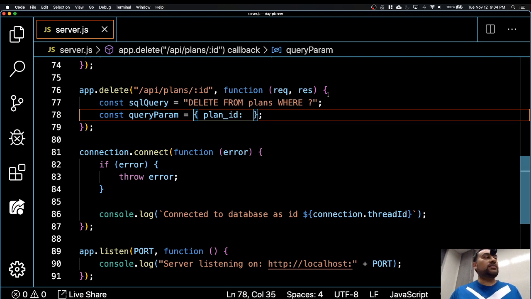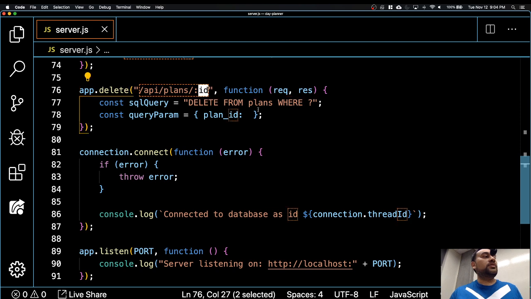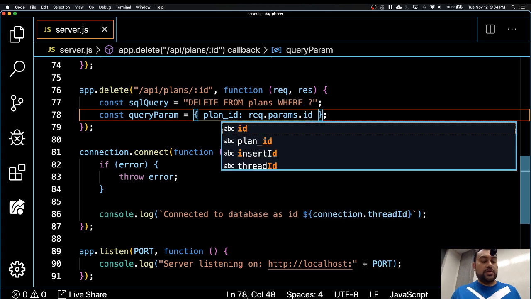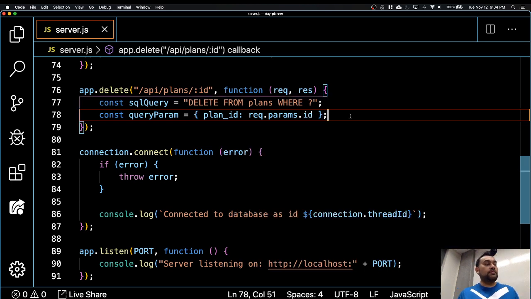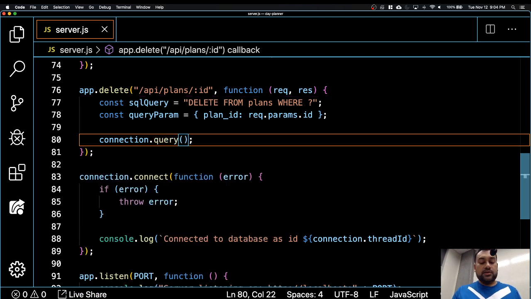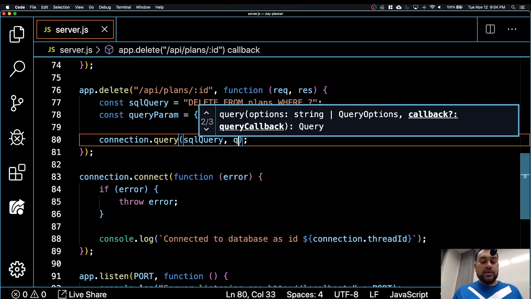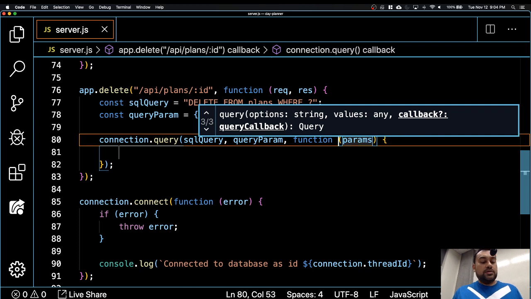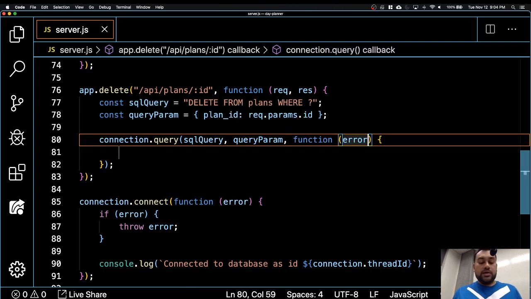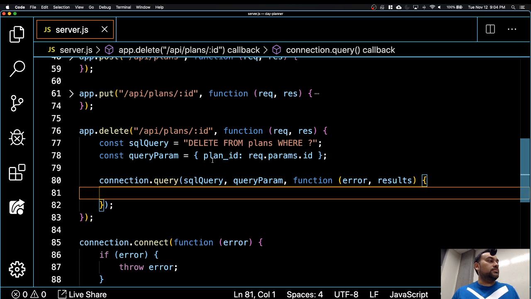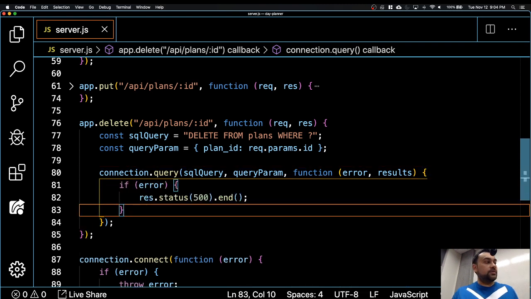And then how do I extract this ID out? req.params.id, same as your GET request. Connection dot query, run this query, pass in your SQL, pass in your query param. Okay, callback function, which is going to be error and results. Let's see if I pasted the correct one. Oh yeah. Okay, if there's any error,